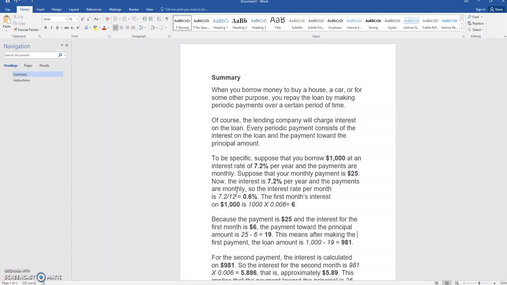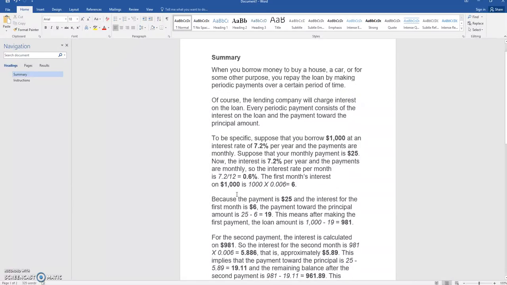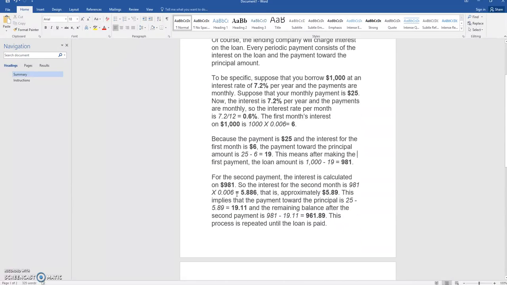$1,000 borrowed, 7.2% per year, $25 per month. The interest per month is 0.6%. So if I'm making a $25 payment per month, $6 of that comes out right away because it doesn't go towards what is known as the principal, that $1,000. So we take the $1,000 minus 25 minus 6, which is 19. So $1,000 minus 19 is $981. So the second payment is then based on not